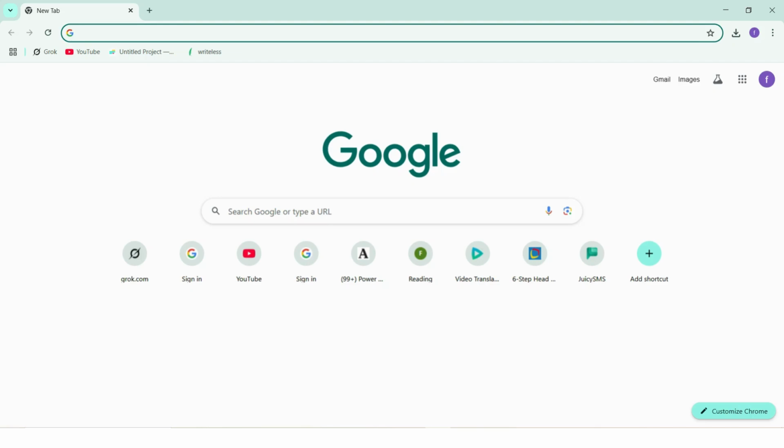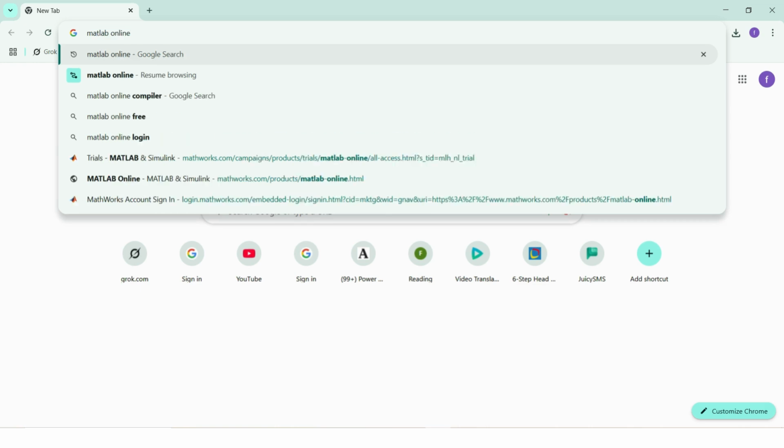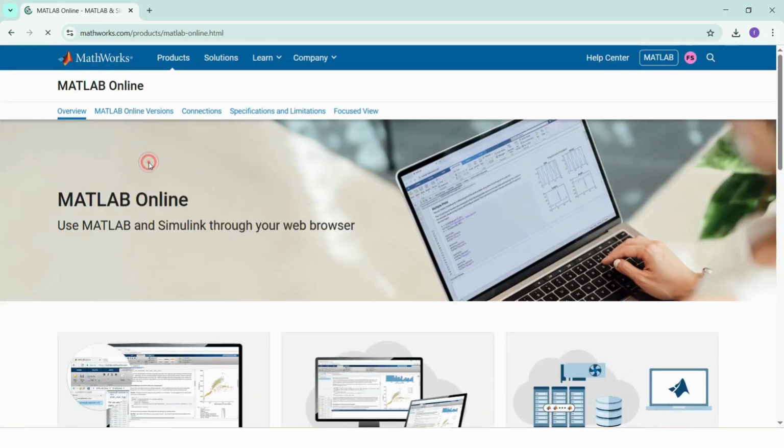In this tutorial, I will show you how to open a current Simulink model in a previous version of Simulink. For that, you have to go to MATLAB Online. This is the simplest way. Click enter and go to MATLAB Online, and here open MATLAB Online,